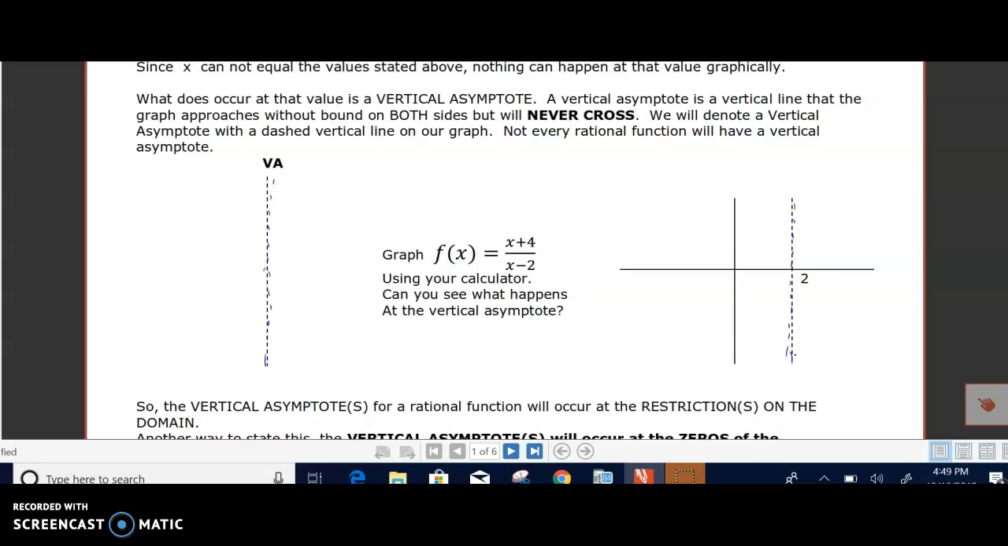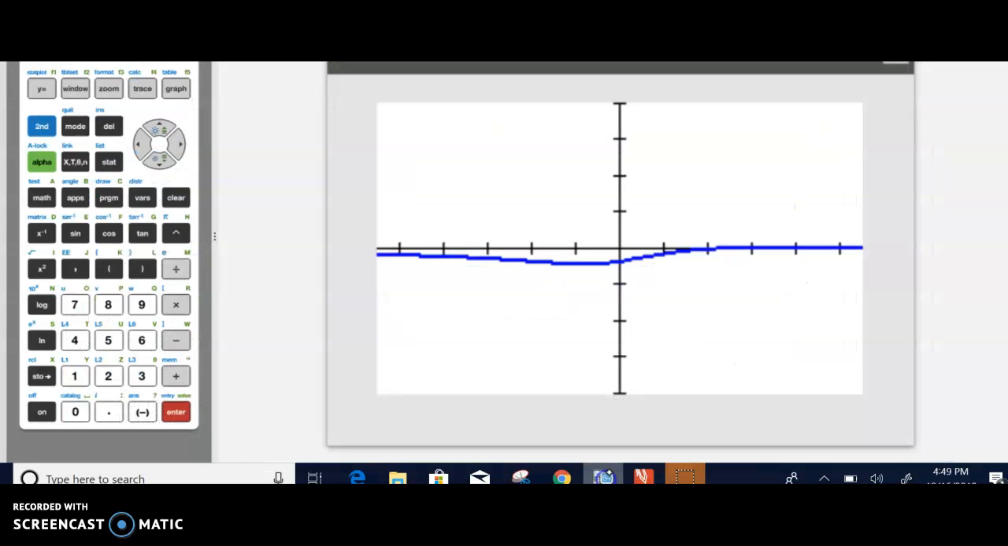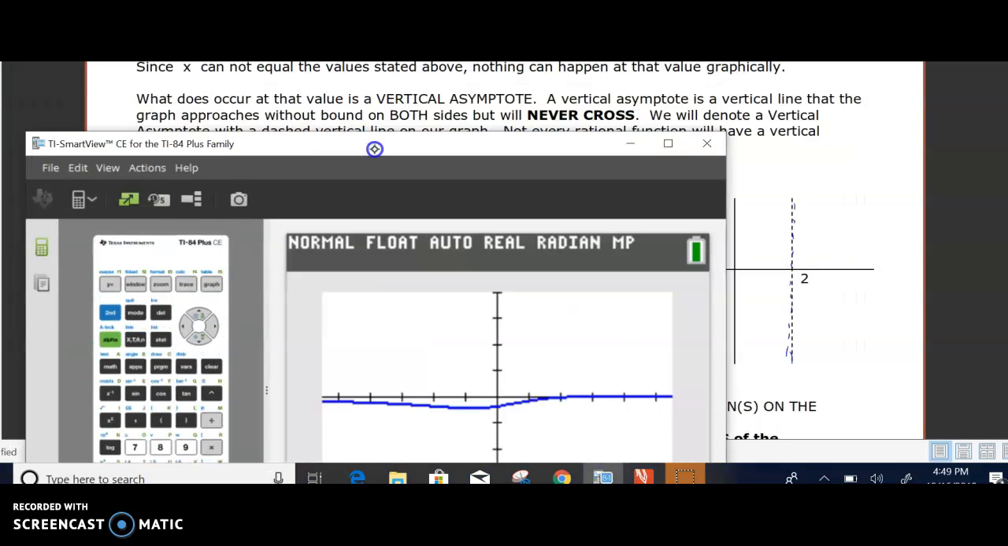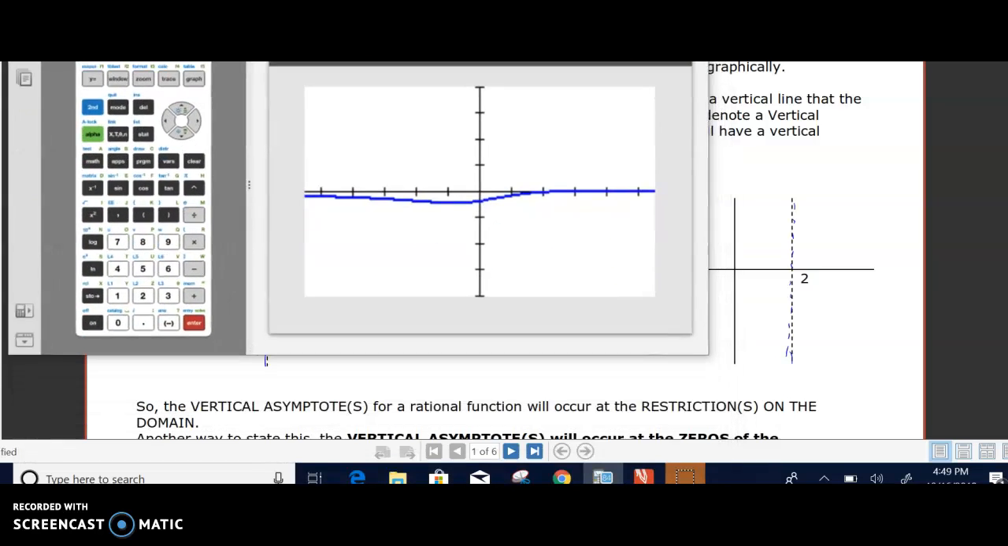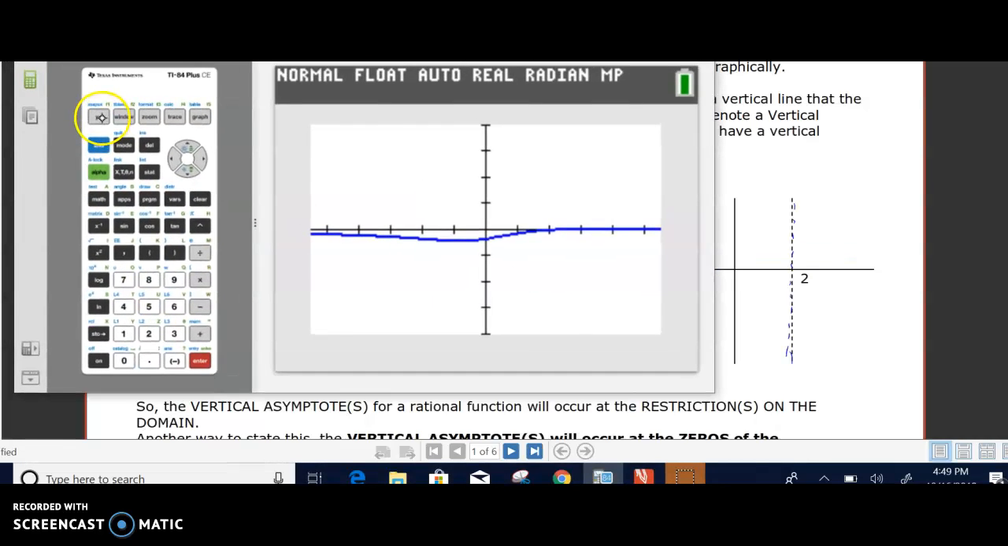What is going to happen is that your graph is going to approach those vertical asymptotes on either side, either going up or going down. So over here, actually, let's look at this one. It has a vertical asymptote at 2. If I graphed that function, which is x plus 4 over x minus 2,